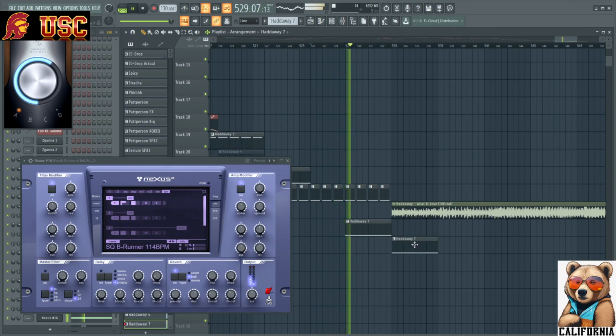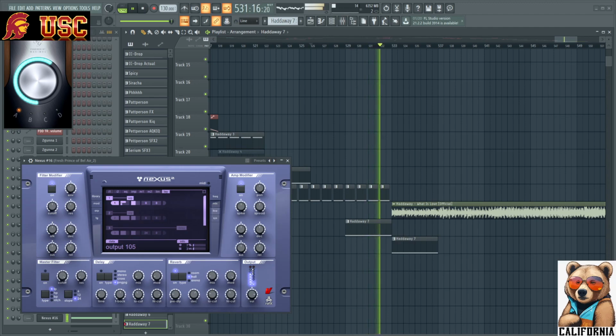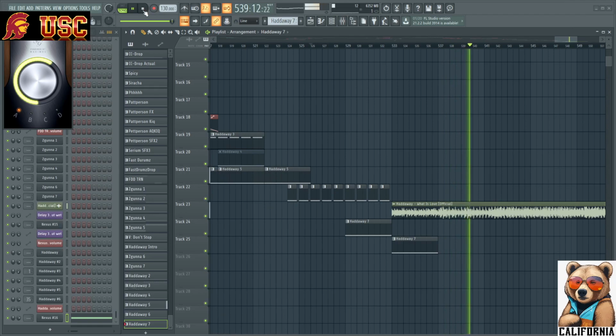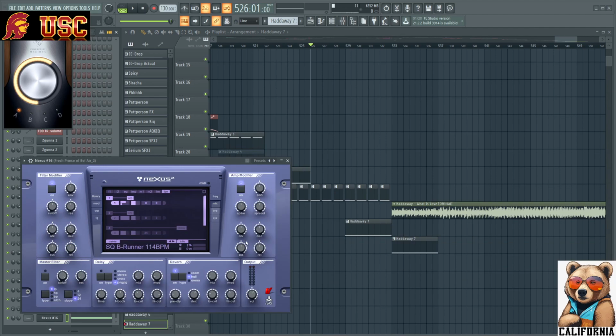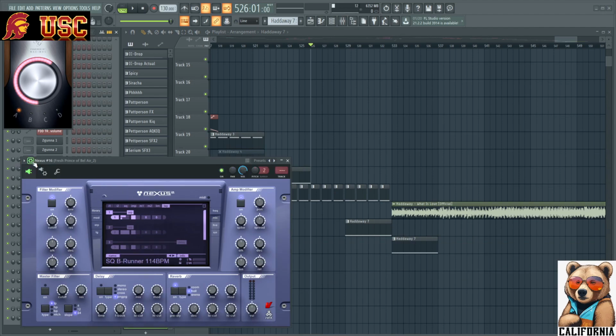Let's keep it going. This is perfect. It lines up perfectly with this too. The only thing we need to do on this, we're going to start the volume at the standard level. Actually, probably higher all the way up, and then we're going to use an automation clip to slowly